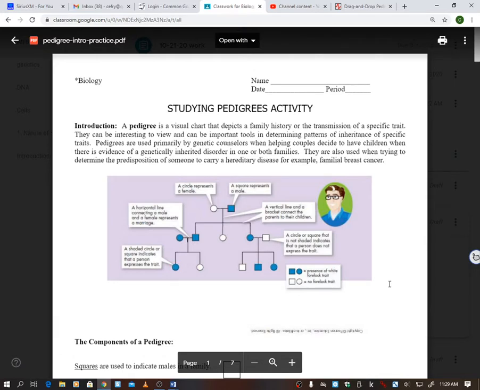All right, so in class, let me get it back on the board. In class we're going to be doing this together, so I'm going to go through this. It's kind of like notes so that the next few days you'll understand how to do it based off of this. So the introduction is just a pedigree, it's basically just a visual chart